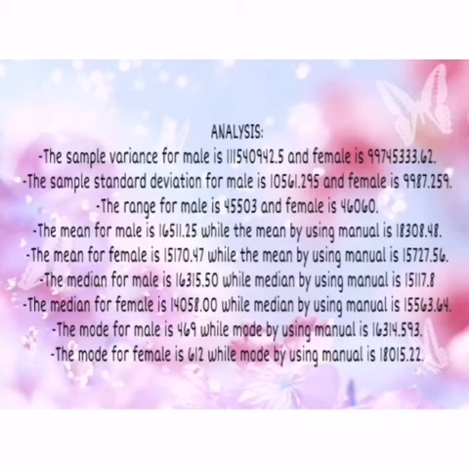Analysis. The sample variance for male is 111,540,942.5 and female is 9974,5333.62. The sample standard deviation for male is 10561.295 and female is 9987.259. The range for male is 45503 and female is 46060. The mean for male is